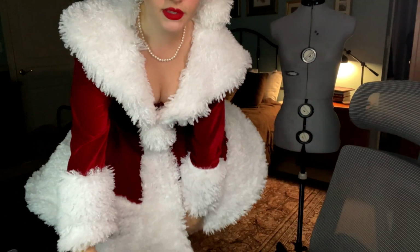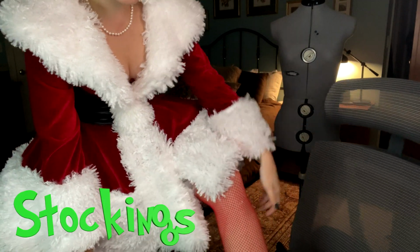So in terms of accessories, she only has pearl earrings. I have 3 piercings, so I was just too lazy to take them out, but you can see the pearl here. And then she has a pearl necklace, so I would have that going. I don't have any bracelets or anything because I'm going to be wearing gloves and you won't be able to see them. I'll get the gloves in a second, but while I'm standing up, these are the, oh my God,